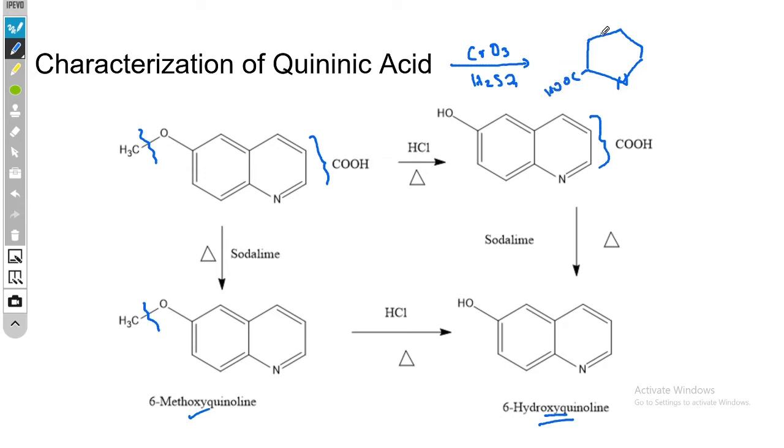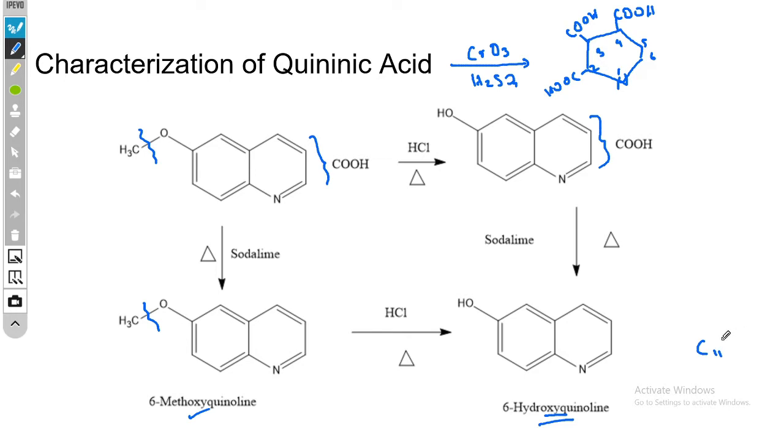COOH, COOH, COOH. That is 1, 2, 3, 4, 5, 6. Pyridine 2, 3, 4 tricarboxylic acid. So, from this experiment, it is clear that the quininic acid has this group, and if we check the formula of quininic acid,